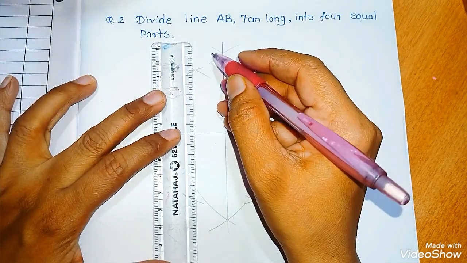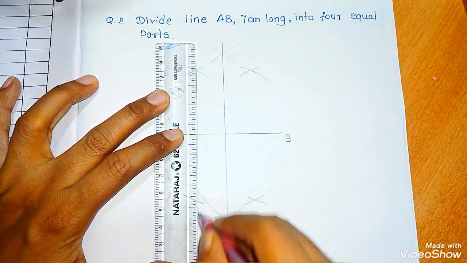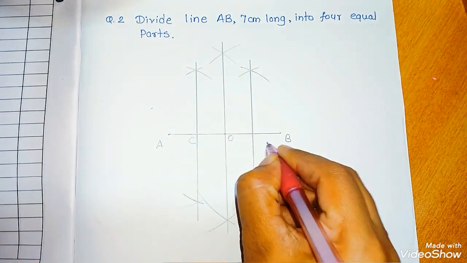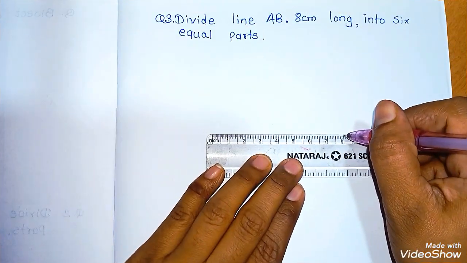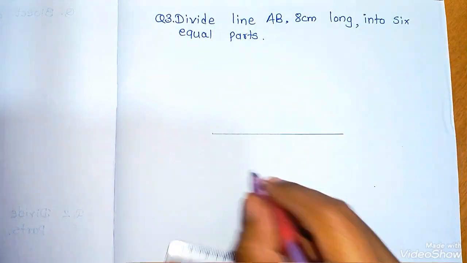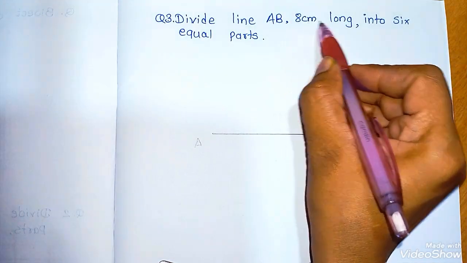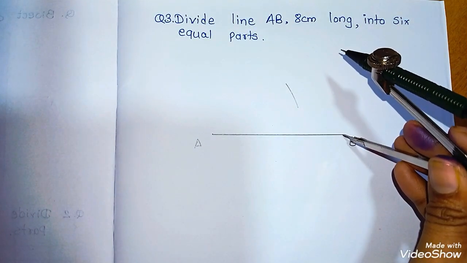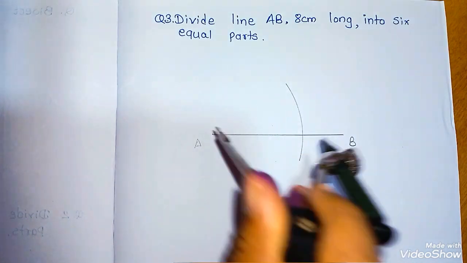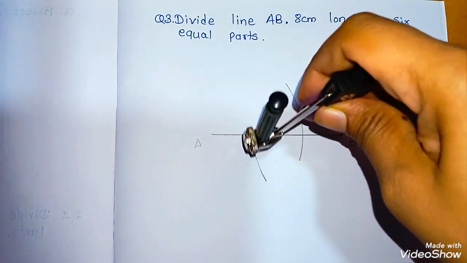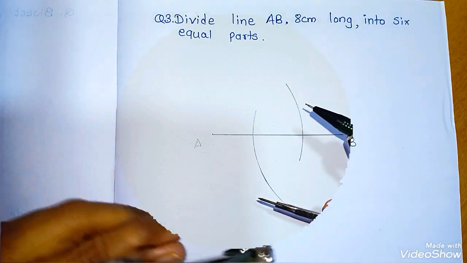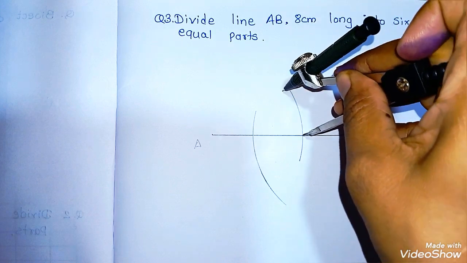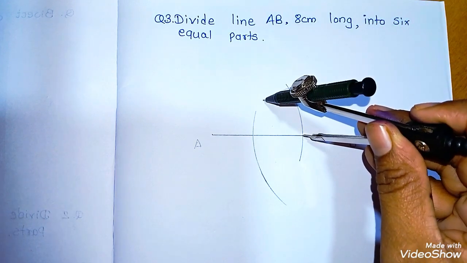Draw line AB 8 cm in length. At point A, draw angle BAC of any measure, or draw it like this. I will show you. Okay. Then next, on the line AC, this is the point C. We are drawing an arc, and this point is D. So draw the slanting line or join the